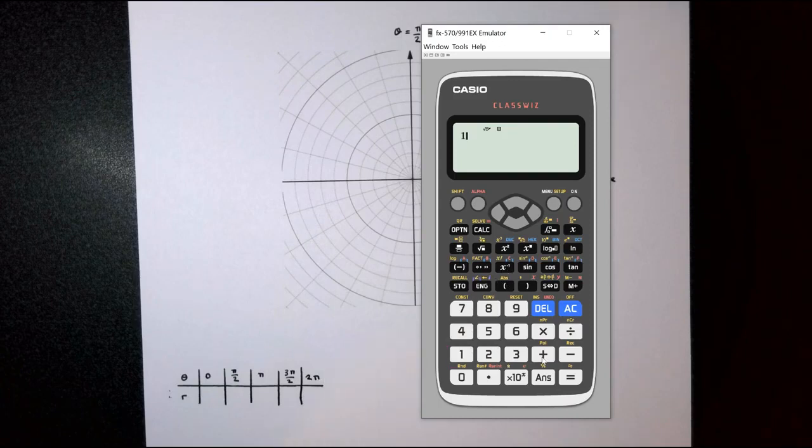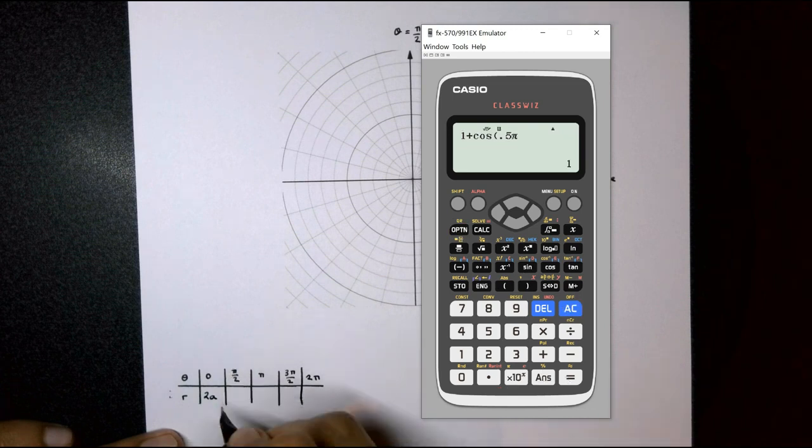So we have 1 plus cos of 0, this is equal to 2, and then we multiply this by a, so we get 2a. Then we have 1 plus cos of 1/2 pi, so we have 1/2 lots of pi, this is 1a,